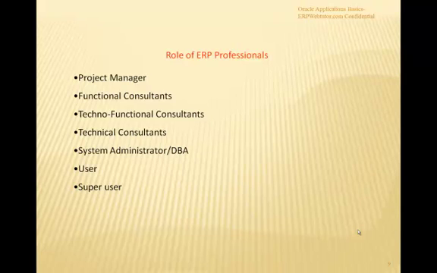The user and the super user also belong to a similar group with certain restrictions on their access to information. A regular user would definitely have a lower level of access to information. For example, we can think of an AP clerk who enters invoices, but if there's a need to add a bank account to the system, probably a regular user won't be able to do it because of restricted access. So in that case, a super user would probably be the supervisor or boss of a